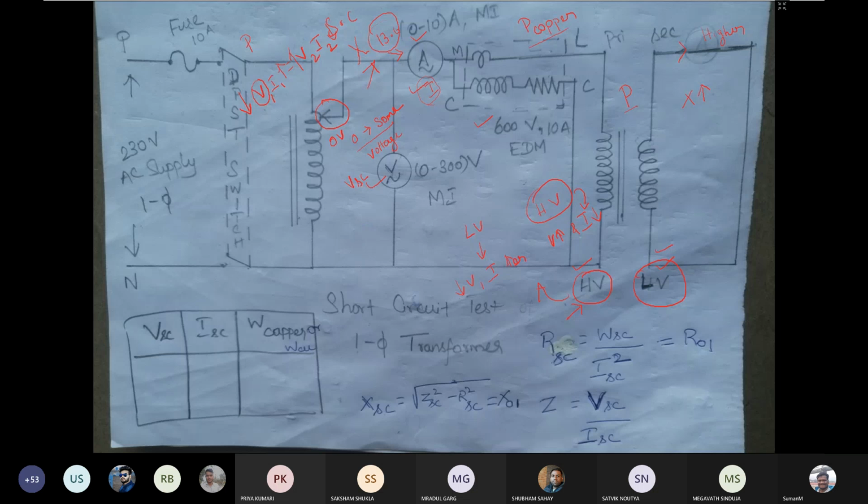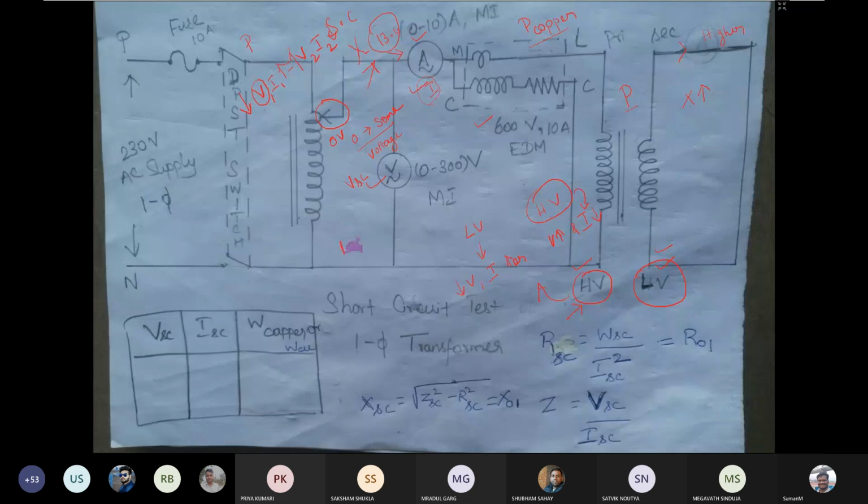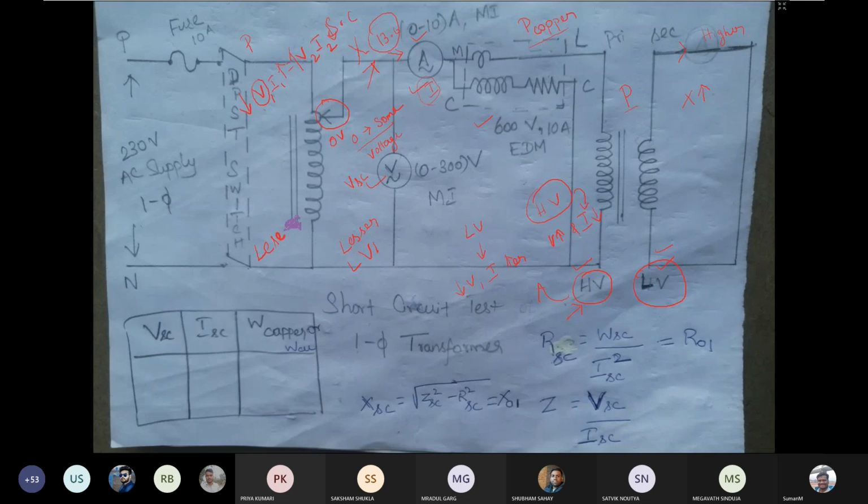So here also, like the open circuit test, where we required only lesser voltage to give supply to the low voltage winding, in the similar case here, it is sufficient for us to supply only a lesser amount of current in order to do the short circuit test. If you are giving lesser current, then you need a lesser capacity of the power source. So it is recommended to use the high voltage winding to be connected to the source for performing the short